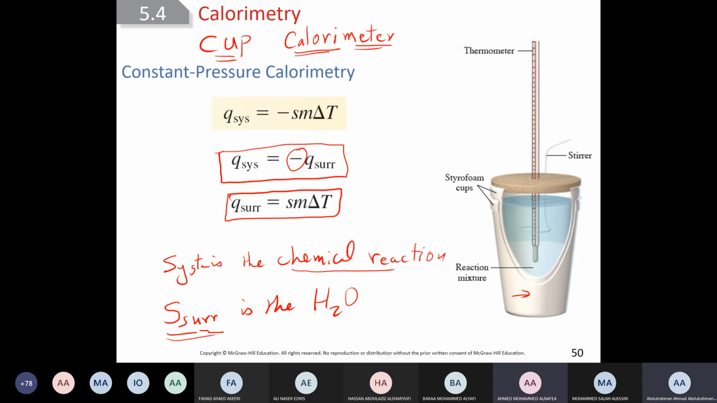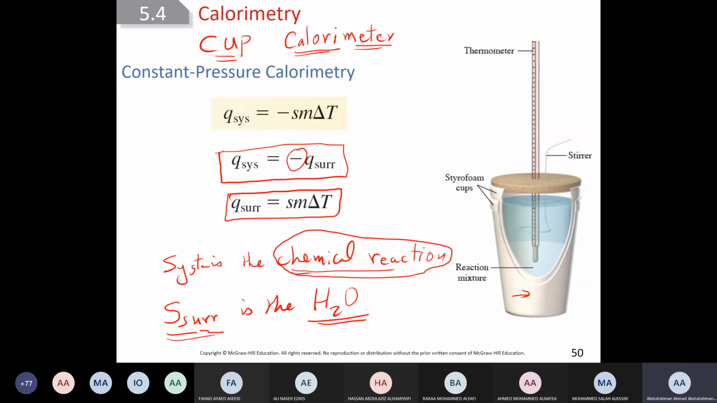Doctor, could you please repeat it again? Again, always in the cup calorimeter, where is our system? Is the reaction. Chemical reaction. Clear? Clear. So, where is our surrounding? The surrounding, everything around it. The only thing which is really important is what? The water. Only. The rest, the air and everything will get some heat, but most of the heat,